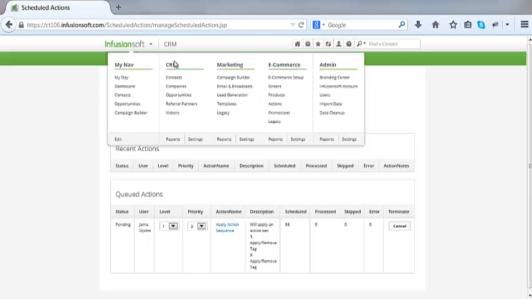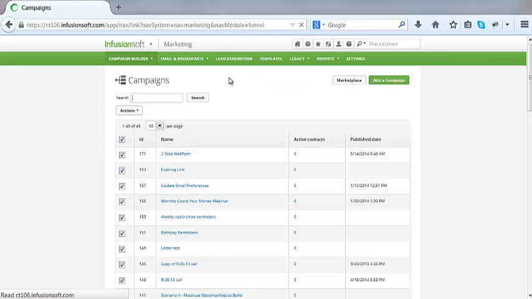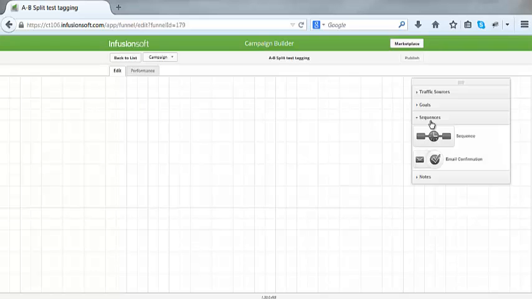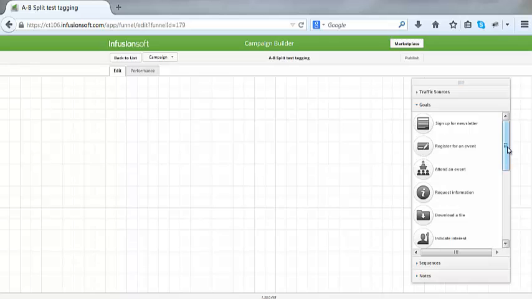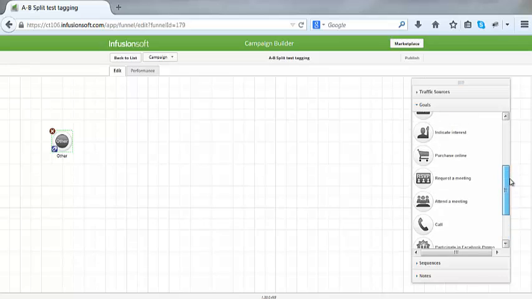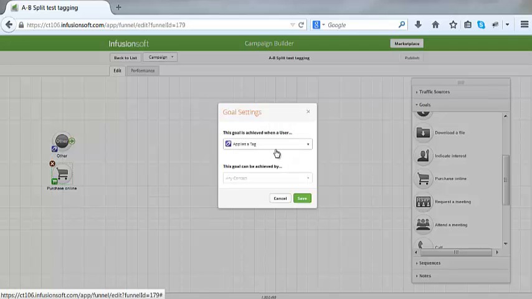And the way you would do this in the campaign so that new people coming in would get that tag, we'll go here and add a campaign. And we'll just call this AB split test tagging. And so our goal can be, when somebody purchases, when somebody signs up for anything. So maybe it's when a tag's applied, and then pick your tags of the different